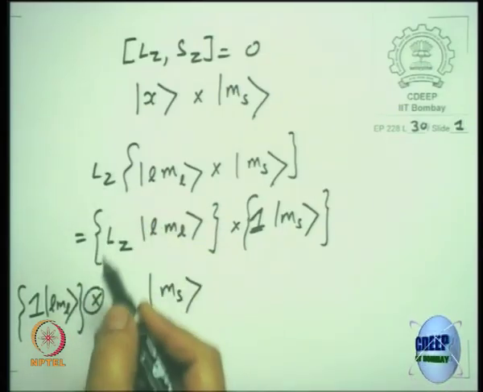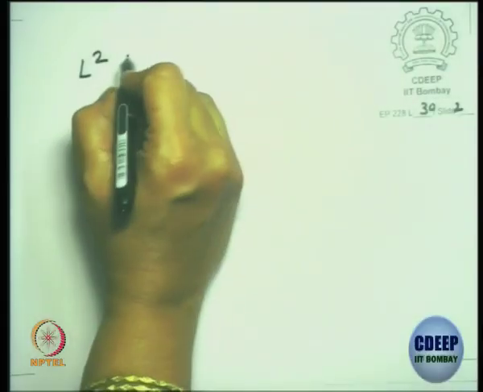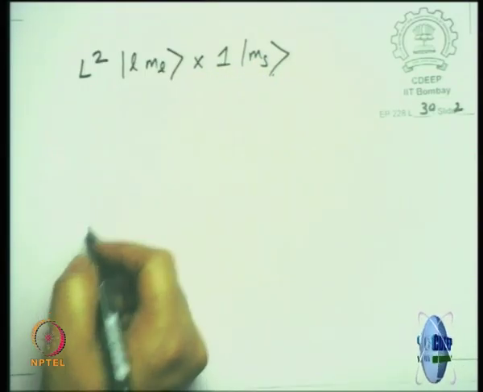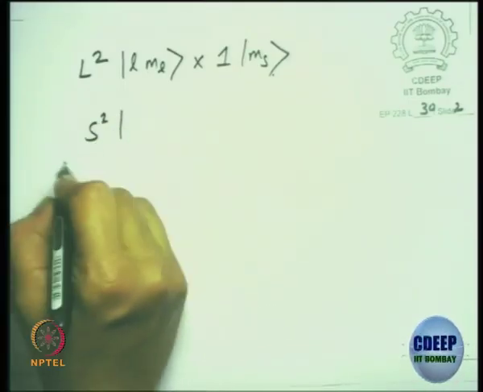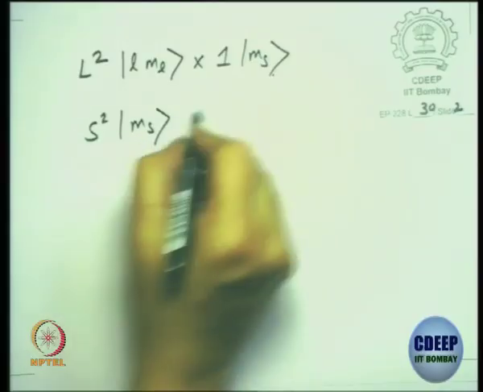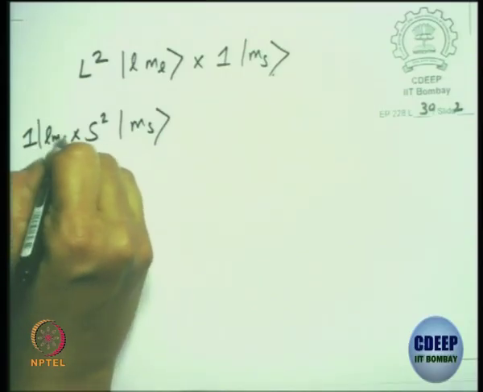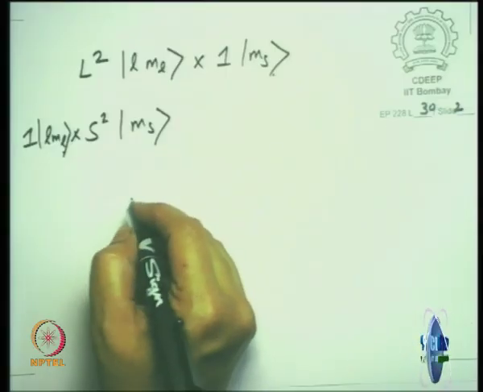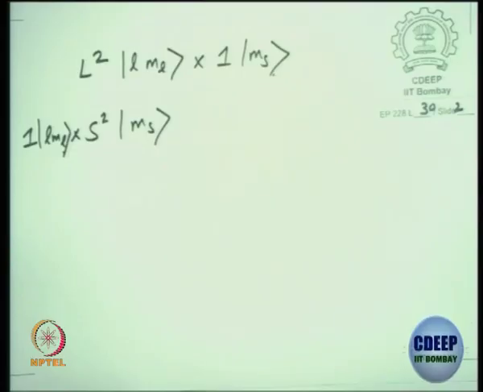So, the same holds for L squared also. L squared will operate on |l, ml> and identity on the |ms> state, and similarly S squared will operate on the |ms> state and identity on the |l, ml>. I am just keeping this order in the sense that the first ket represents the orbital space or the physical space and the second ket represents the internal space. This is just a nomenclature. So, what is this? L squared on |l, ml>, all of you know. Similarly, Lz also you all know. So, I do not need to repeat it, right. So, L squared will be l(l+1) h-cross squared, Lz will be